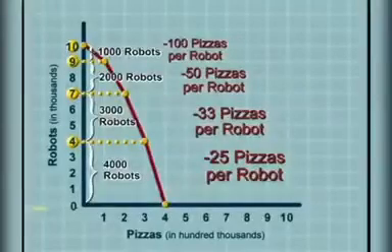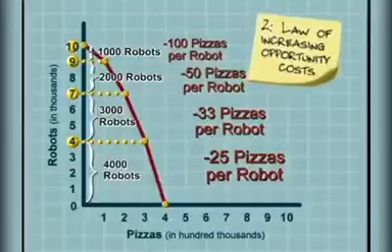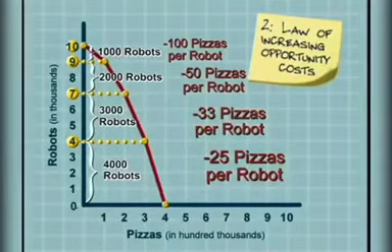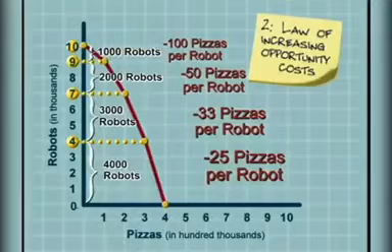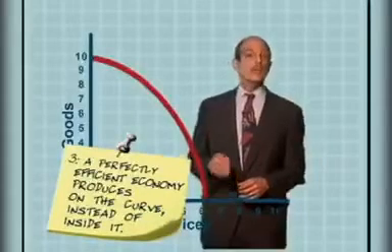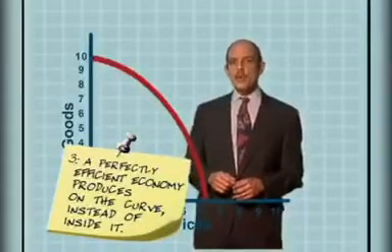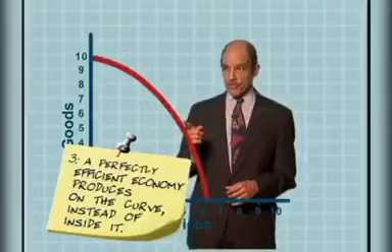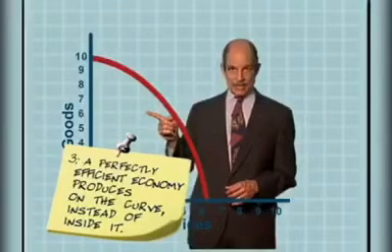Property 2 of the curve, the law of increasing opportunity costs. The more you want of anything, the more you'll have to give up of other things. There remain 2 more key points about the curve. Point number 3. An economy is always trying to produce on the curve instead of inside it. That is,